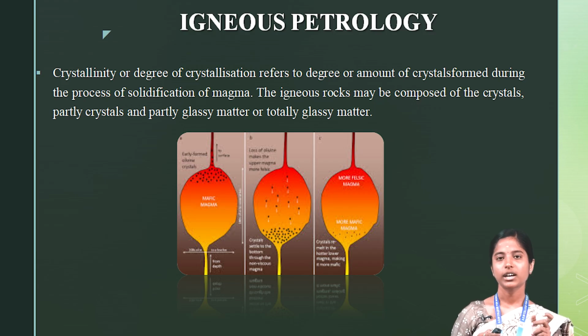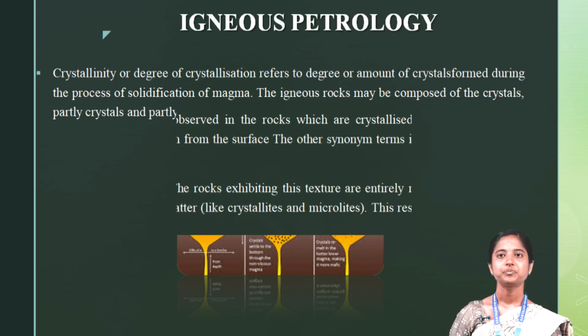Next, augite mineral in gabbro. In a gabbro rock, the augite minerals are wholly present, so they come under holocrystalline. Holocrystalline texture is seen in plutonic rocks. Plutonic rocks have a coarse grain, so the crystals are prominent to the unaided eye. We can see how the whole crystals are formed in that one rock.